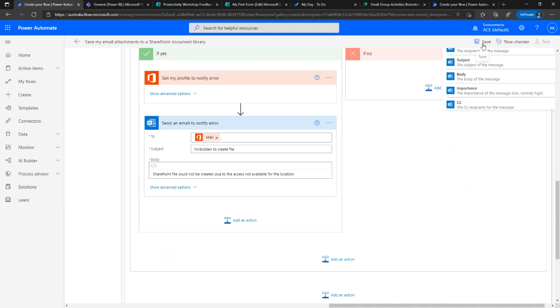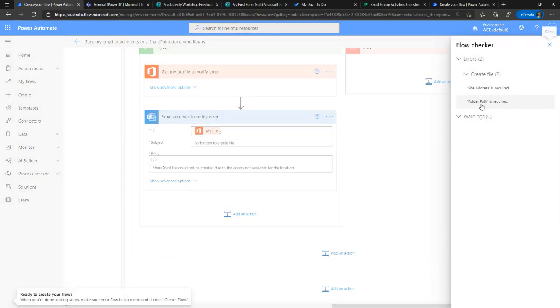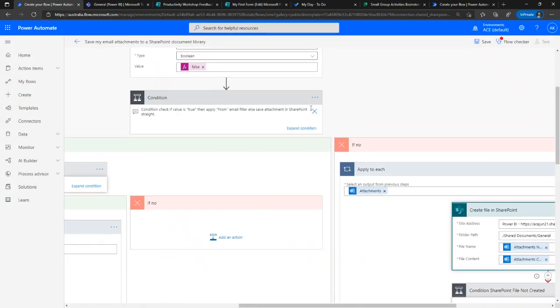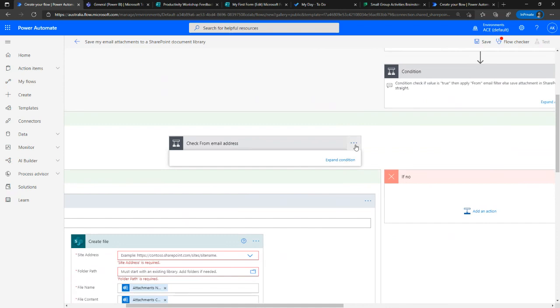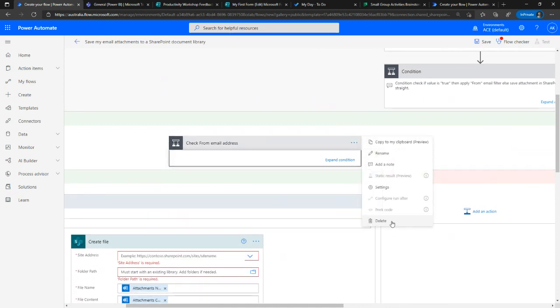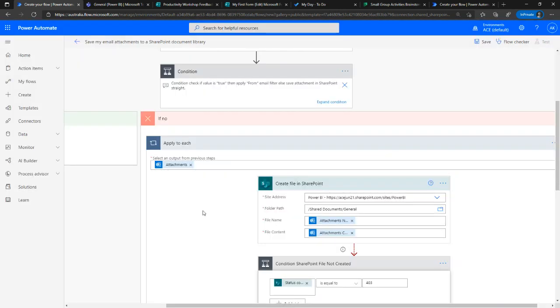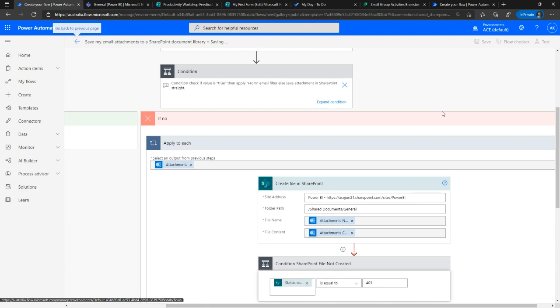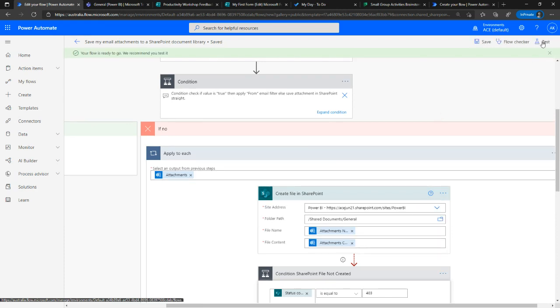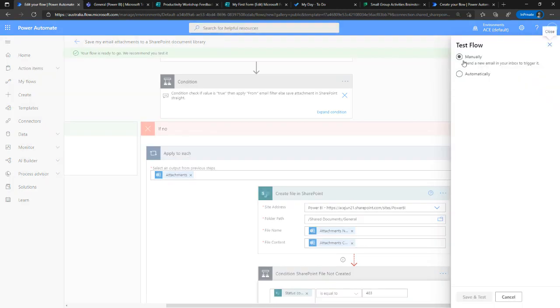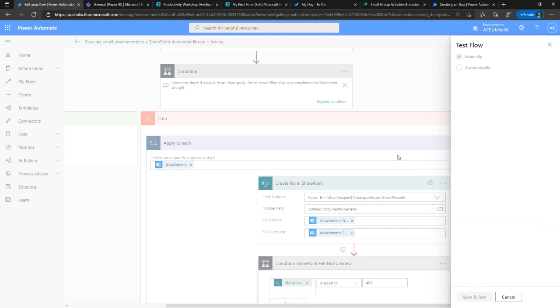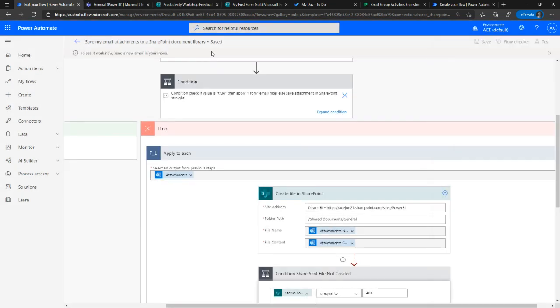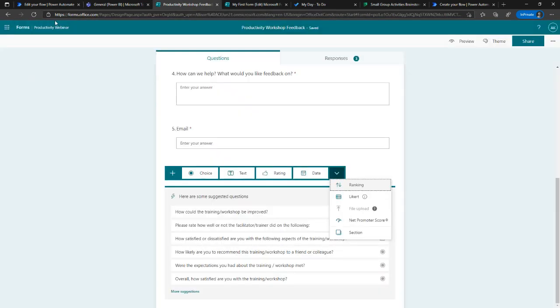And so I am going to save that site address and folder path on the other side over here. And I might try just deleting this altogether and save. Wonderful. And now we'll test this. And in order to test this, I am going to have to send an email. So we will go to